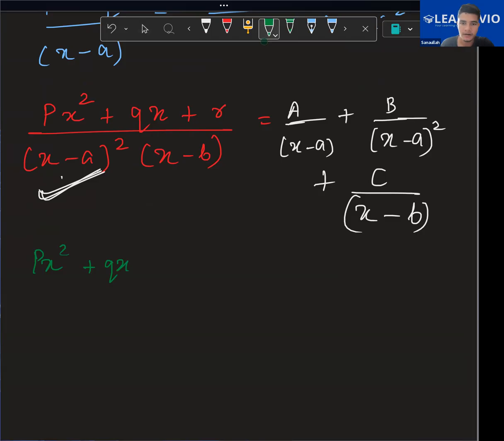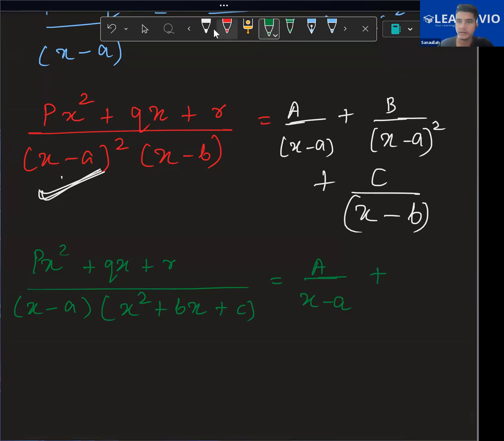px square plus qx plus r over x minus a and x square plus bx plus c. See, this is not a complete square. This is in the form of a quadratic equation where only one term is having a two power. So इसमें you have a little bit different thing. Like you can go for A upon x minus a. That is fine. But over here,